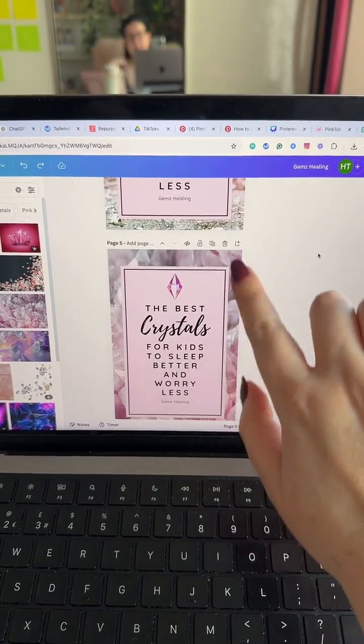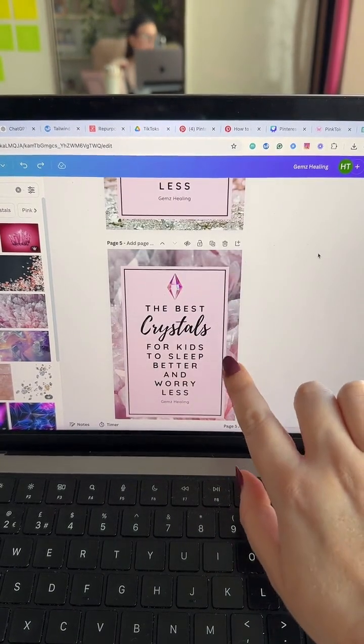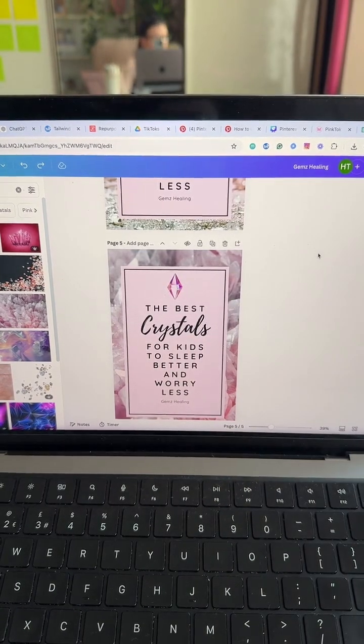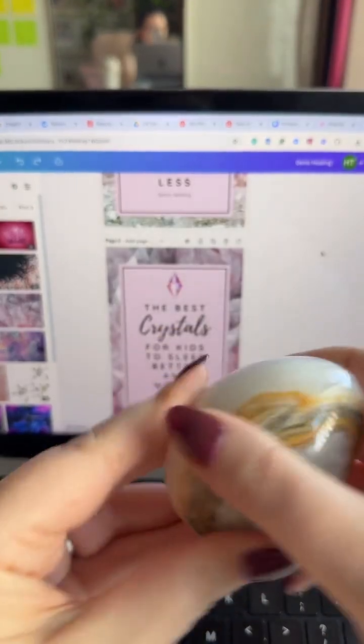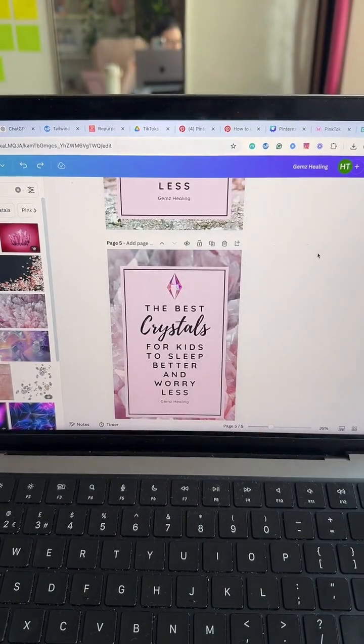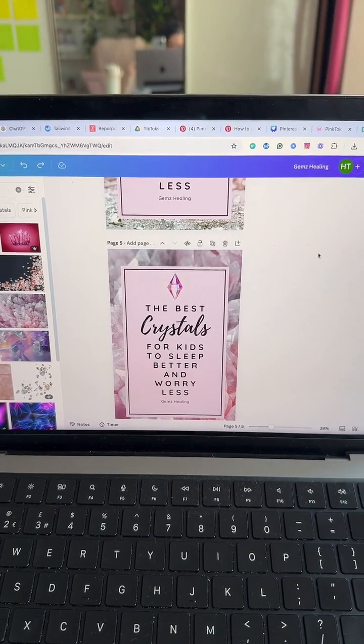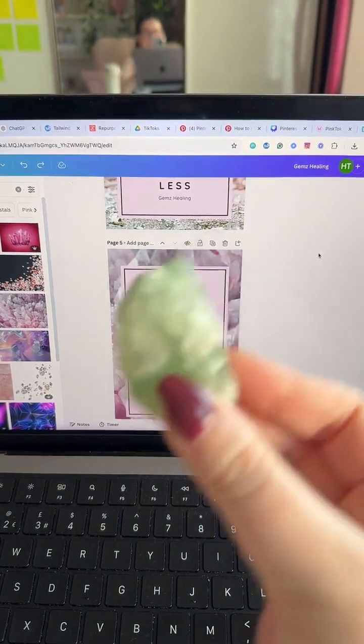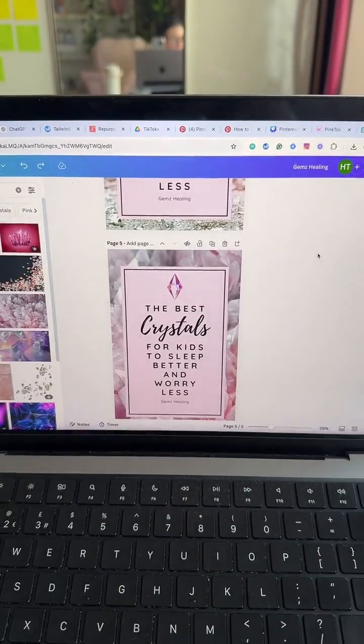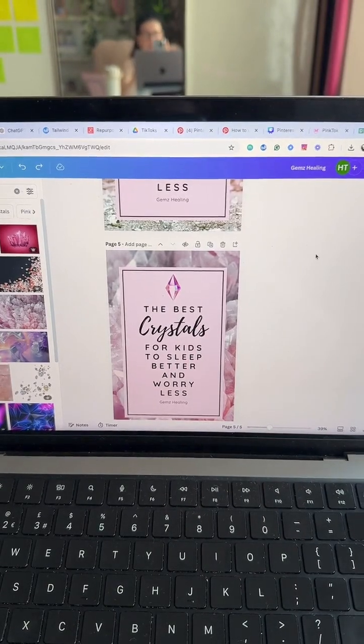Oh God, that one's gorgeous as well, isn't it? I think it helps that I'm obsessed with crystals. So yeah, got one of my big crystals here. Got lots over here. Let me show. This is one of my favorite ones, my fluorite there. Oh, security check. Bear with me, guys, while I do my little security check.